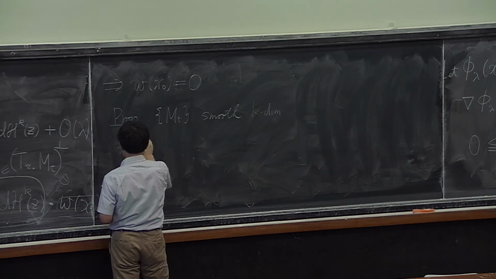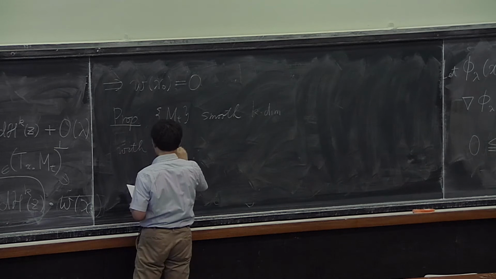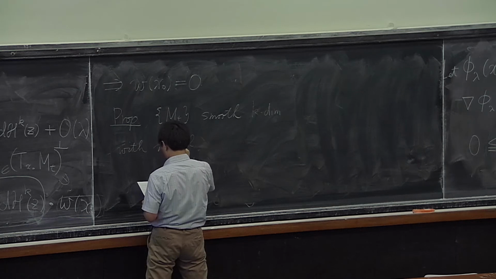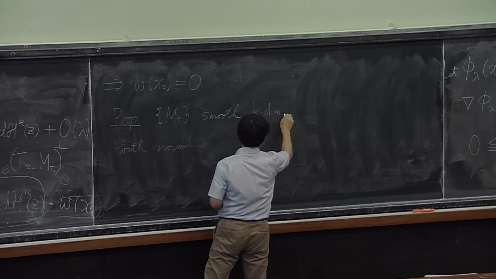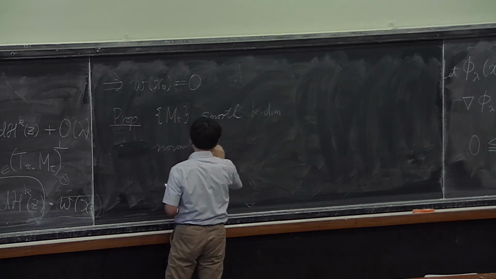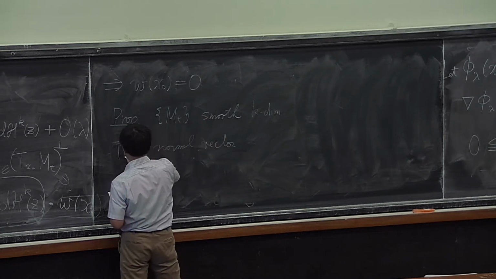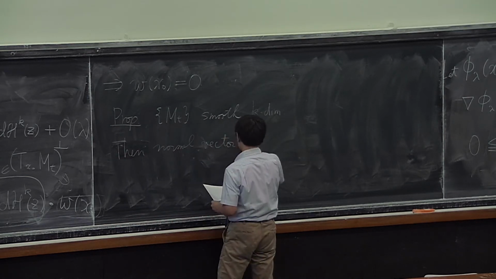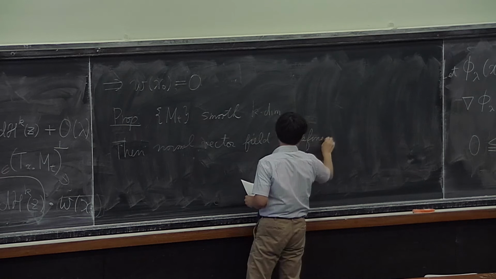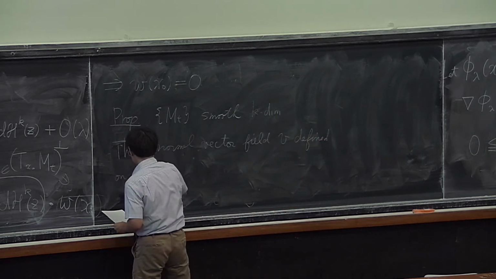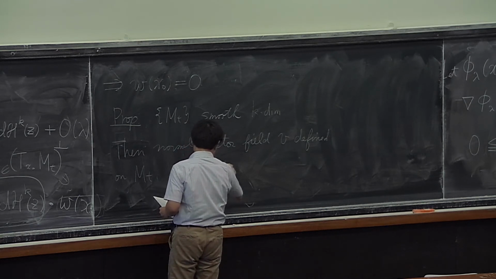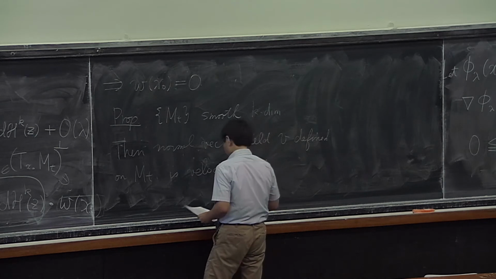Then the normal vector field V defined on MT is the velocity of MT